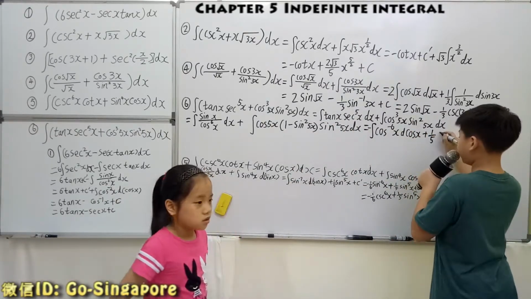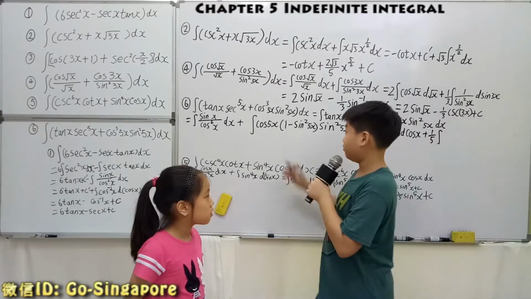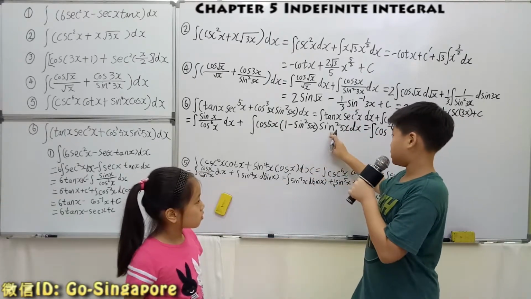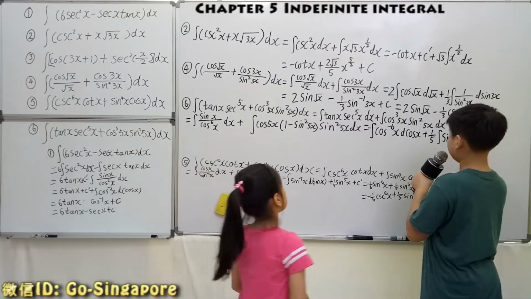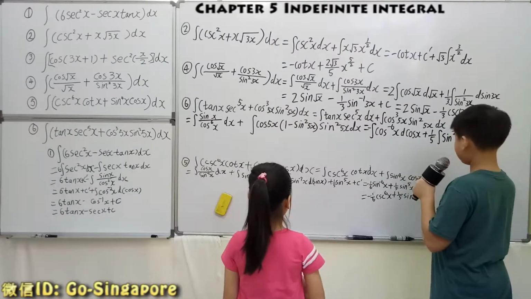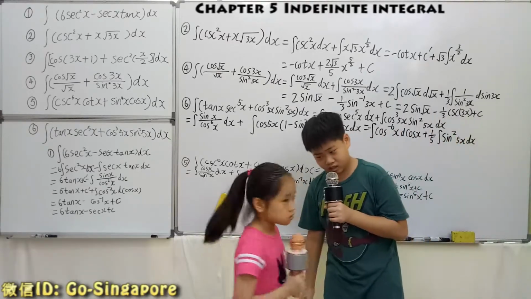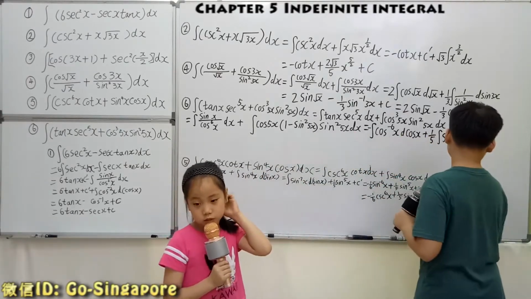Then here you have the integral. So here 1 times this is still a sine square 5x, right? Then here's the dx. Yes. dx, but the x need to change